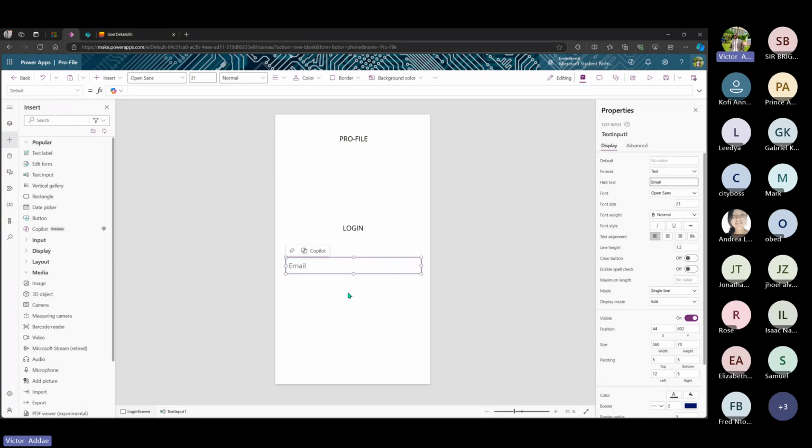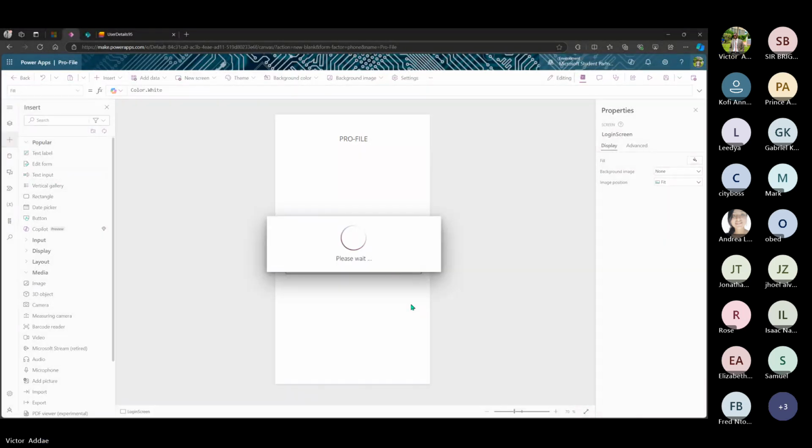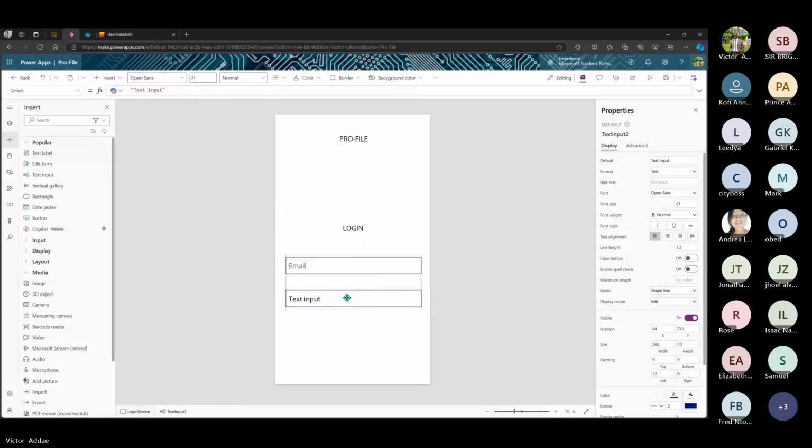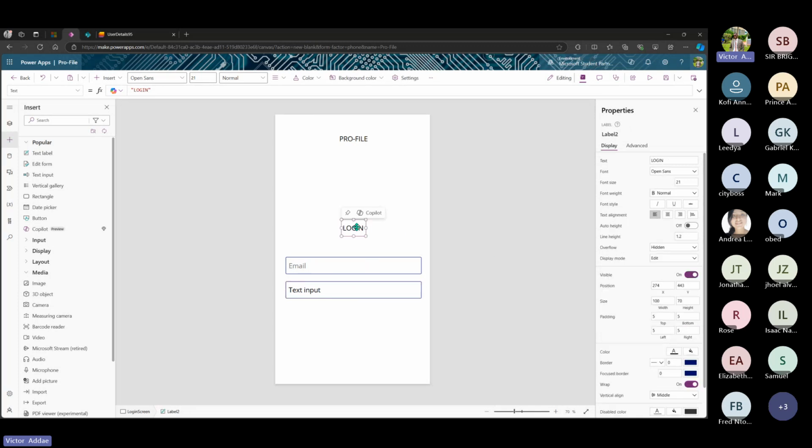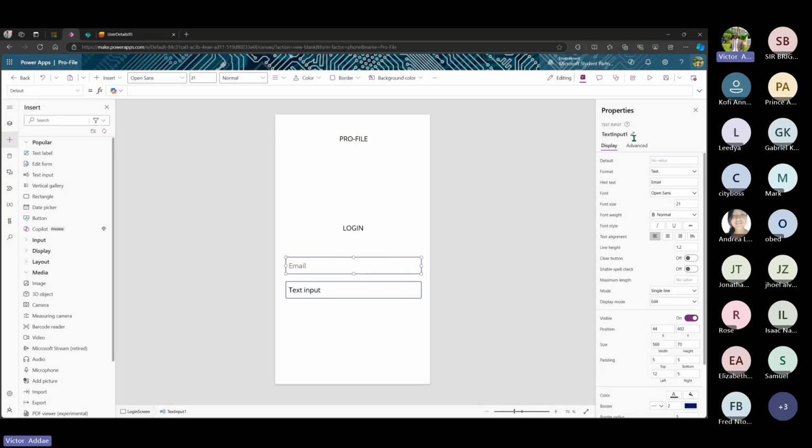All right, so let's drag another text input for our password field. Okay, somewhere here is fine. So we repeat the same thing now. I didn't label this. Let's quickly change it before we get confused. So login label. Awesome. Now this is our email text input,